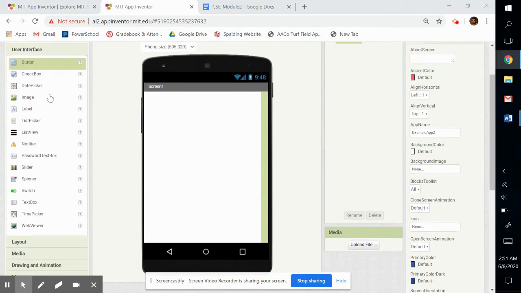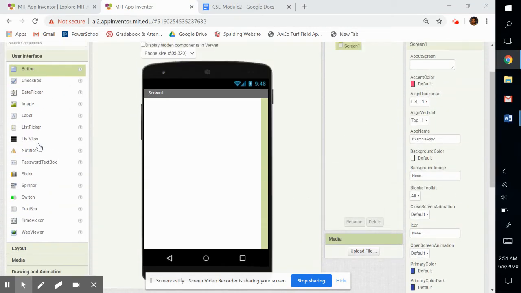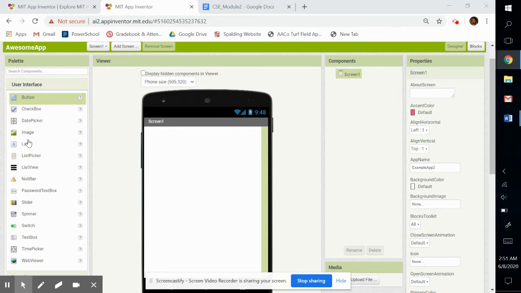So now that we've gone through all the different drawers, we want to focus on the components inside the user interface drawer. Okay, so you see these are all my components right here. You might also hear me refer to them as widgets, just letting you know that that might slip out. I might call it a widget